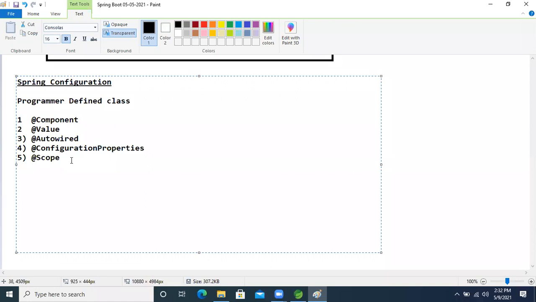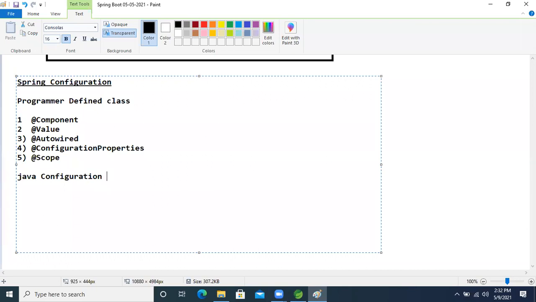Now another one is the Java configuration. If we are using any predefined classes which are given in the Spring framework, for those purposes we will use these annotations, guys.